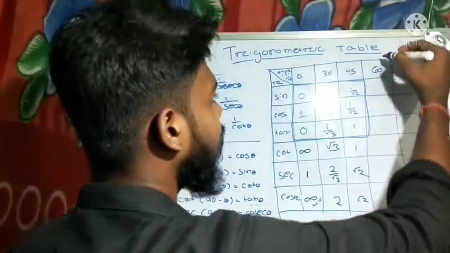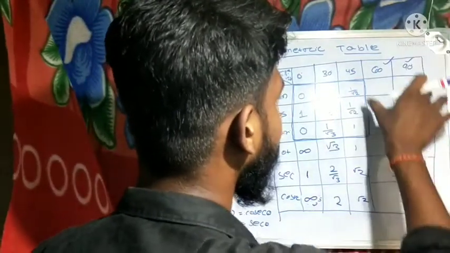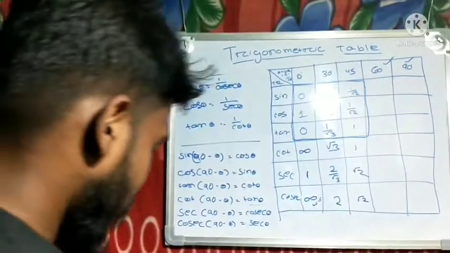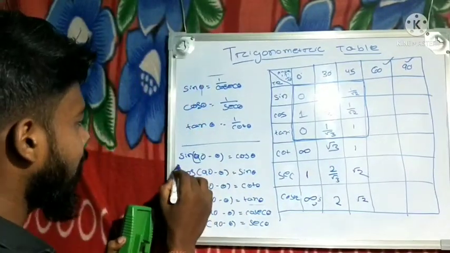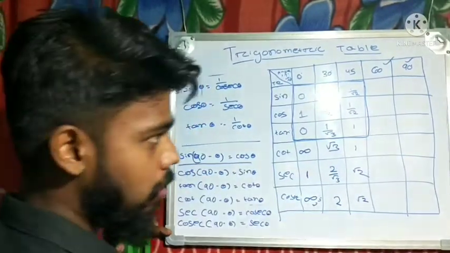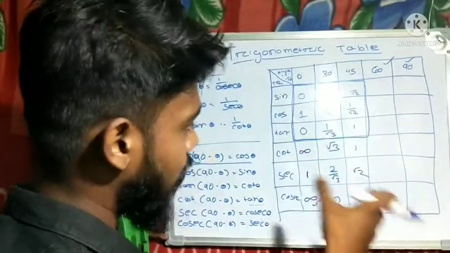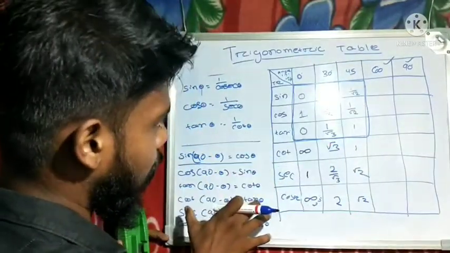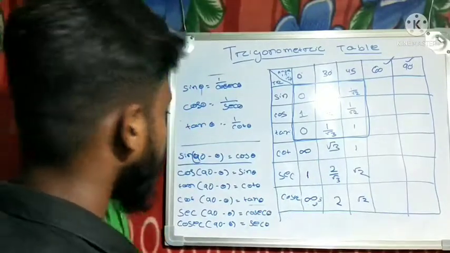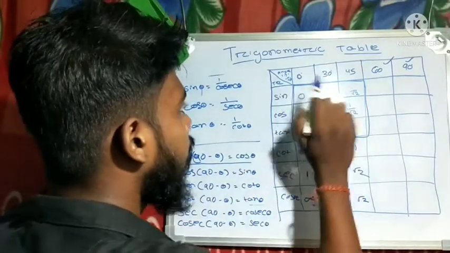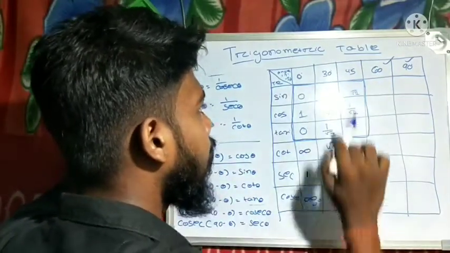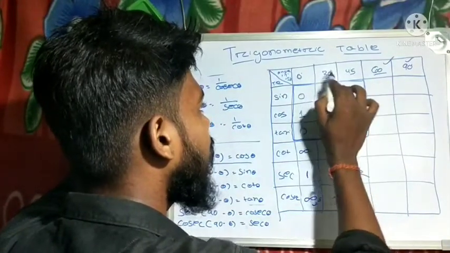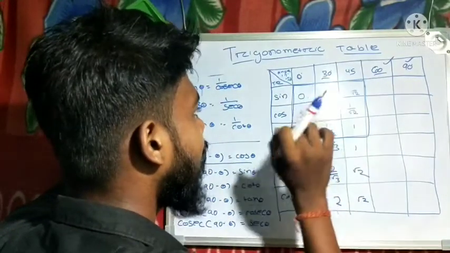Now we have to come to 60 and 90. There is nothing. First line also not present. So how can we define this line? Here is some formula. Sin 90 minus theta. First, this is not the short trick. I will give the short tricks. This is the basic fundamental behind it. That's why I told you. Sin 90 minus theta. If you go plus that 60, then 60 plus 30 is equal to 90, you know. You have to add them.